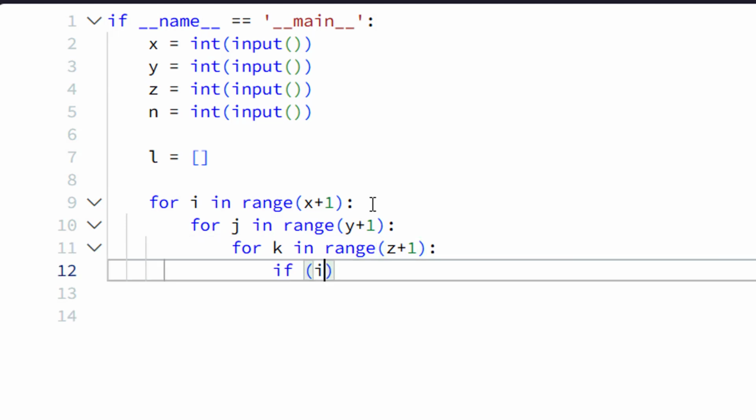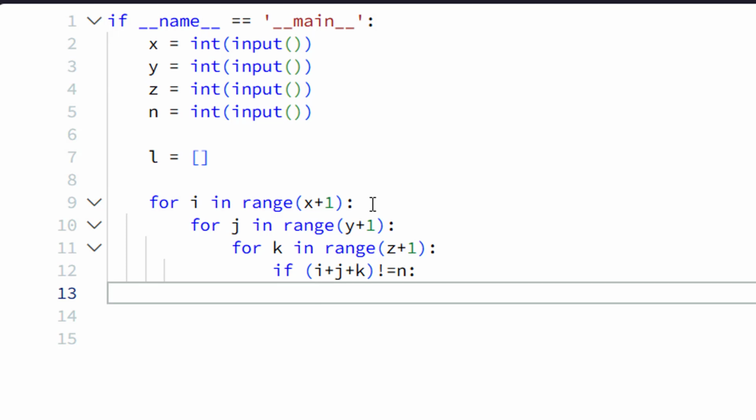If i plus j plus k not equals n, L dot append i comma j comma k. All right.